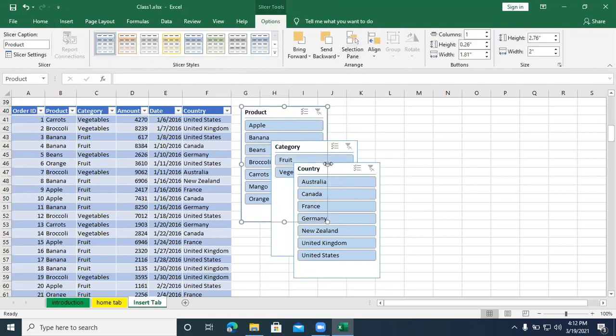I minimize the size, and with the help of these handles you can decrease and increase the button size.